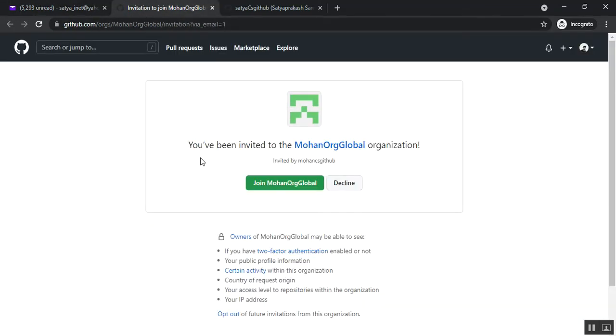It is asking, you have been invited to the Mohan ORG global organization. So this is step 15. The invited user will join the GitHub organization here. So Satya says GitHub wants to join the Mohan ORG global organization, which was created by Mohan says GitHub. So I just click here, join Mohan ORG global. Alright,